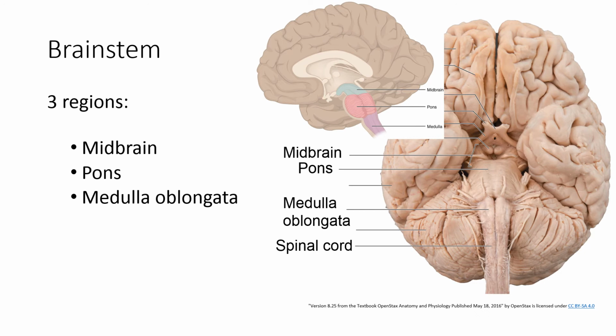At the very distal end here, you have the medulla oblongata. It connects the brain to the spinal cord at the foramen magnum. It's here that those pyramidal neurons that we talked about that are in the descending motor tract, they decussate around here. You also have a number of cranial nerves